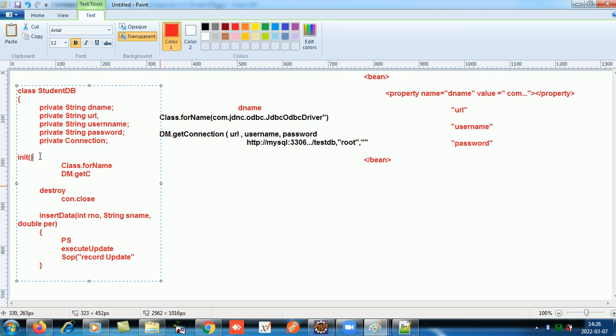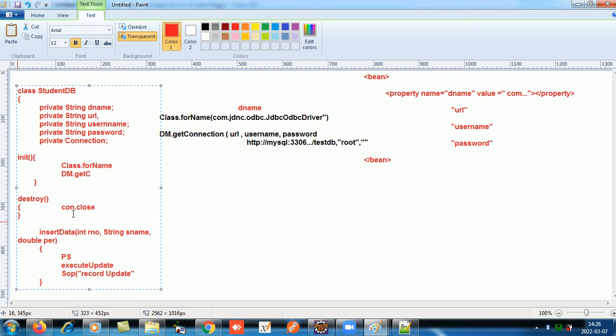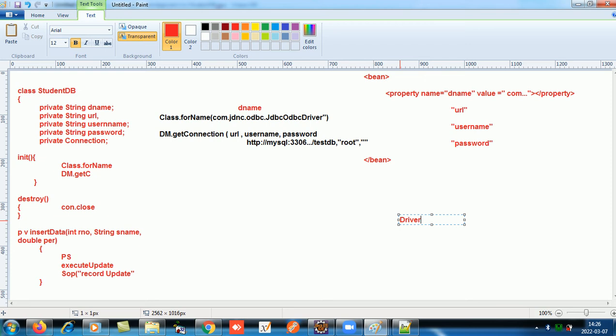So then we'll have the init function, which will create the connection. We'll have a destroy function, which will close the connection, so that the garbage collector can garbage collect this object. Before the garbage collector collects this object, the connection should be destroyed. And then we'll have an insert function, public void insert, which will insert the data. Okay, this is my bean, this is my Pojo class, and then we'll have a driver class,